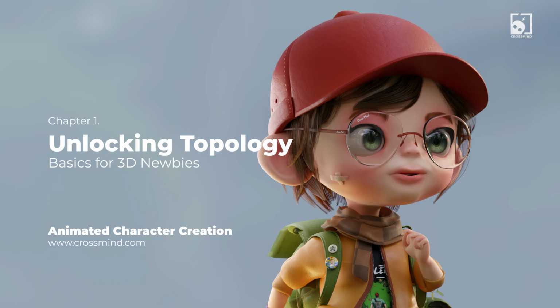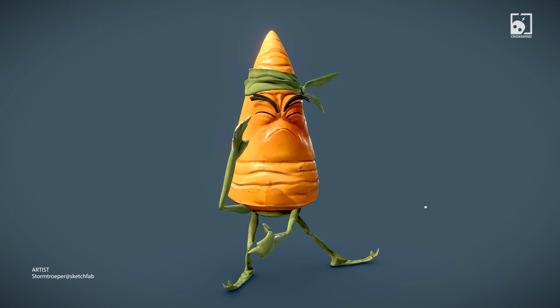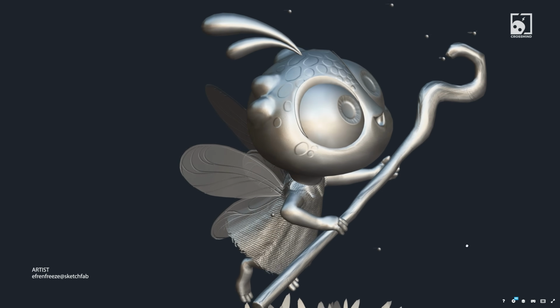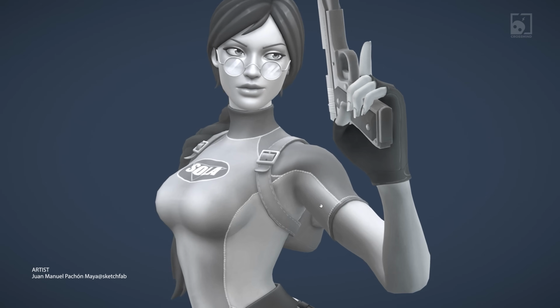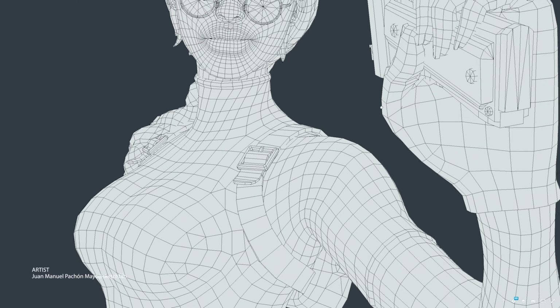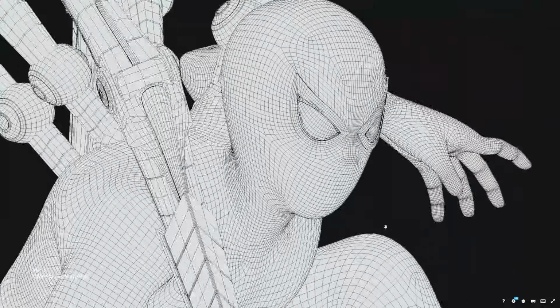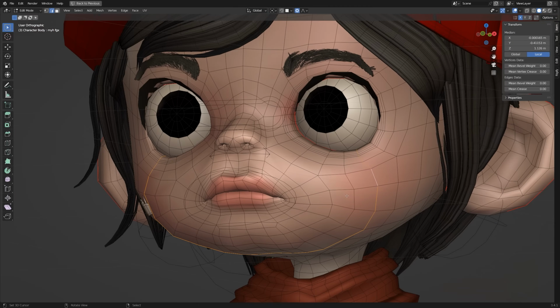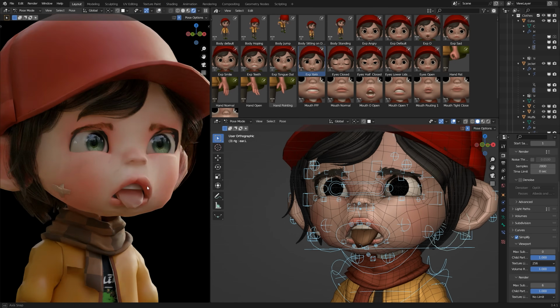When you open a 3D software, especially the kind used for animation, you'll see that everything is made of these wire-like structures with loops spanning the entire structure. This is the topology of a 3D mesh. Now, topology refers to the arrangement and flow of these vertices, edges, and faces that make up a 3D mesh. It dictates the structure of your model and plays a pivotal role in determining how well it deforms, animates, and